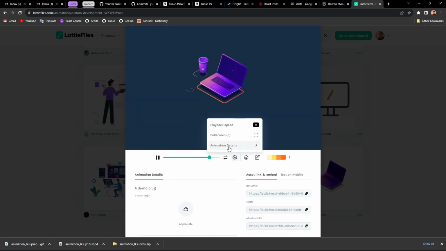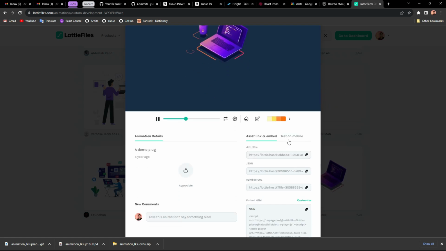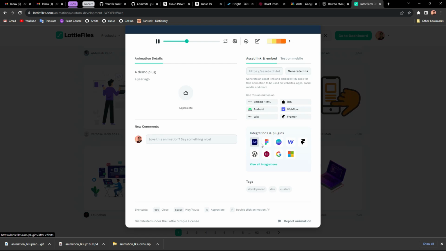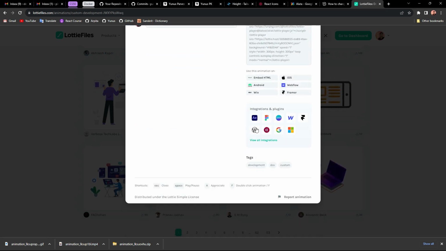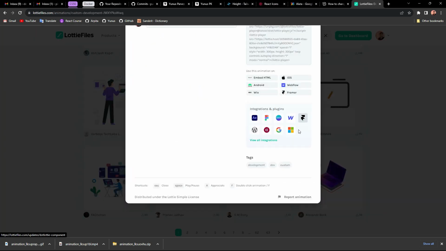Settings, full screen animation details, edit colors, test on mobile, integration and plugin. Okay.